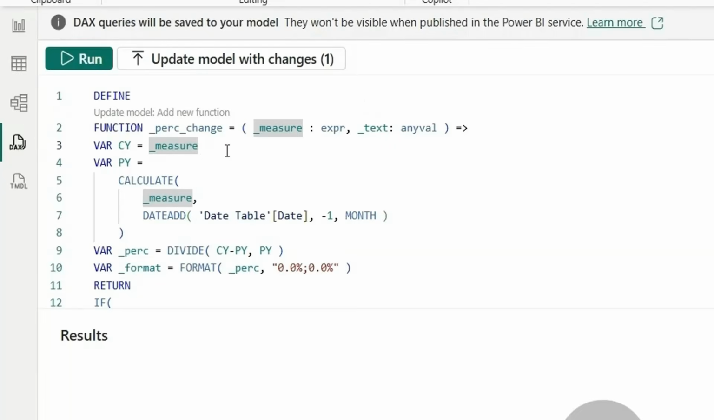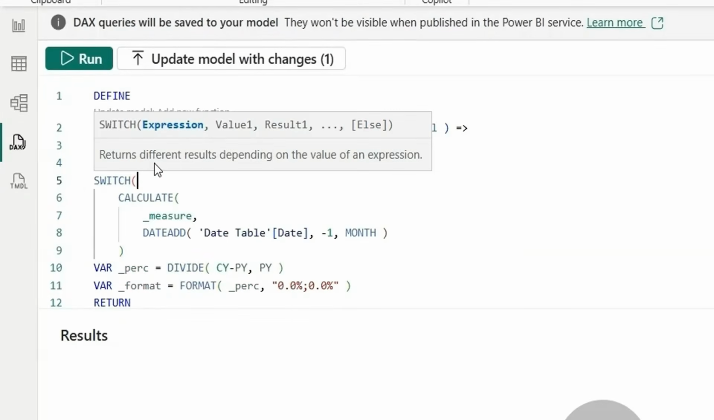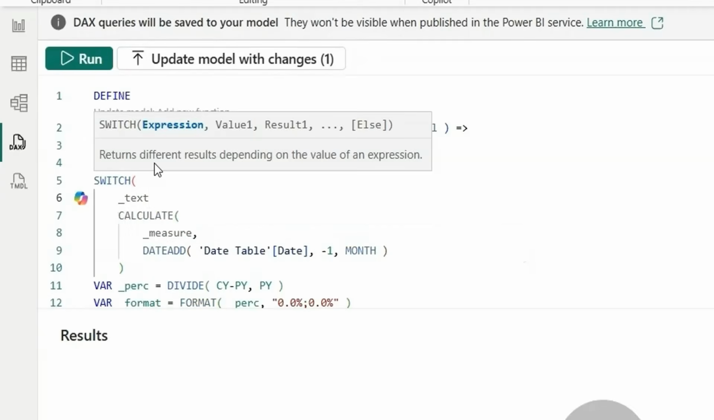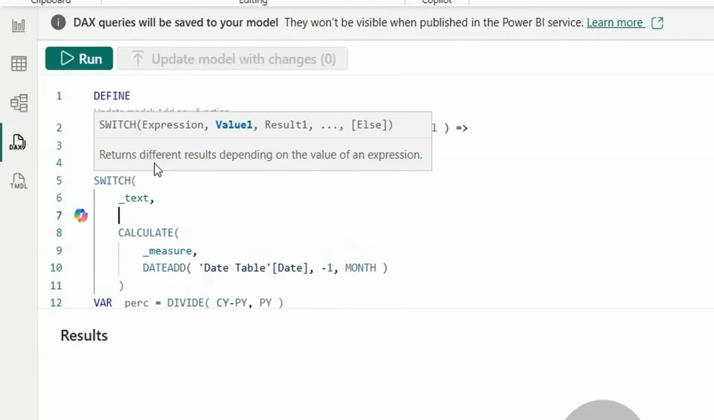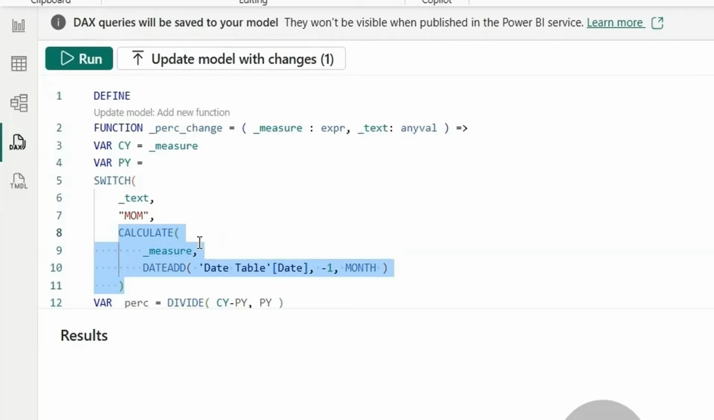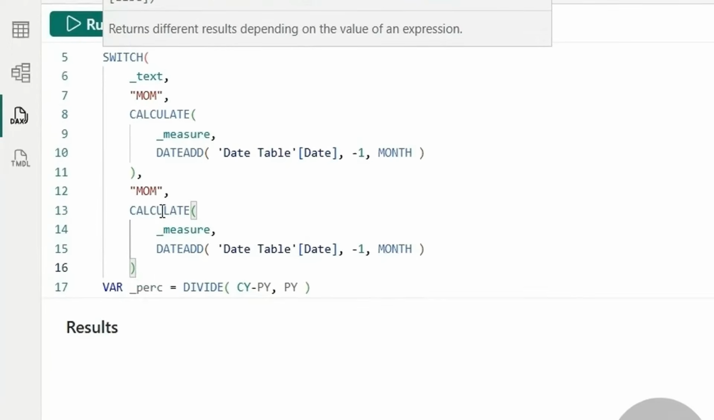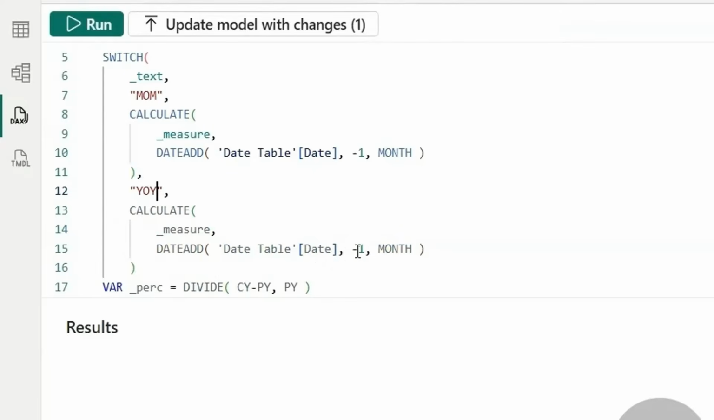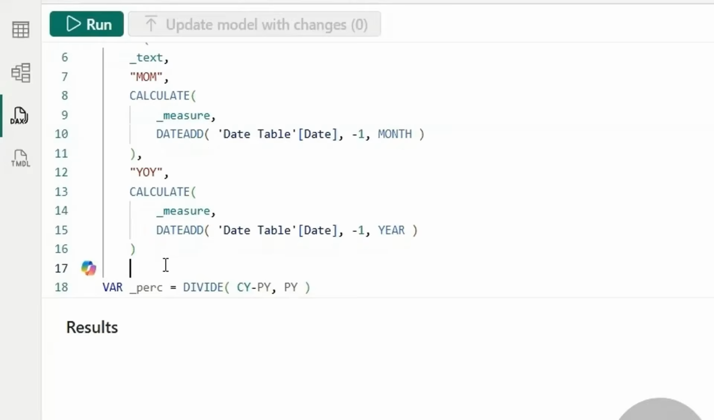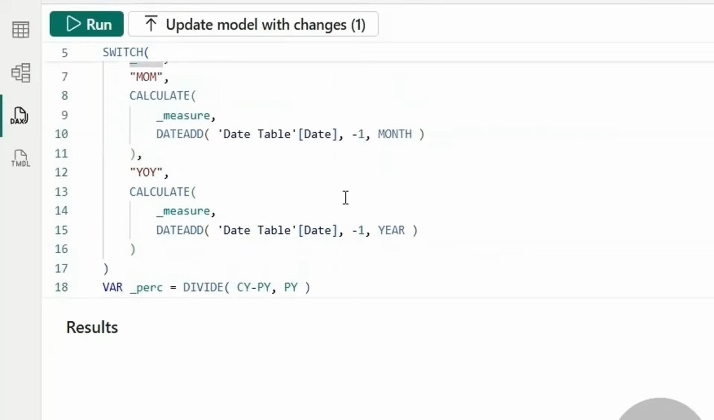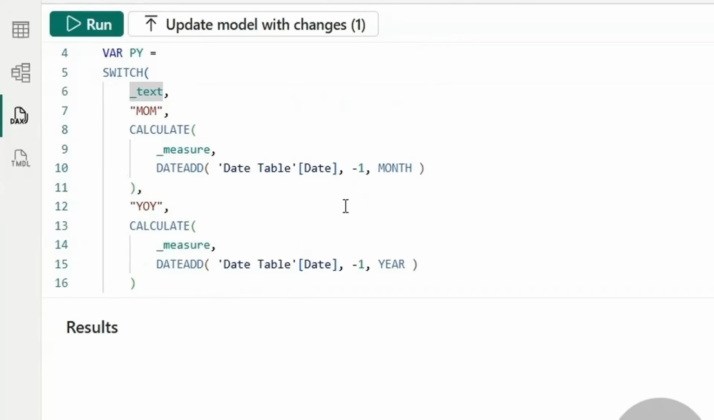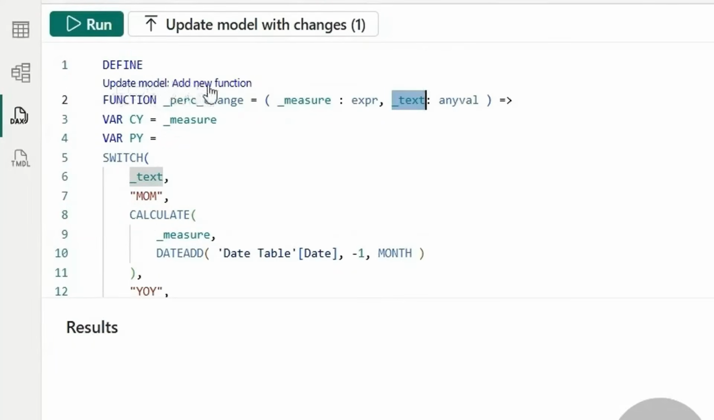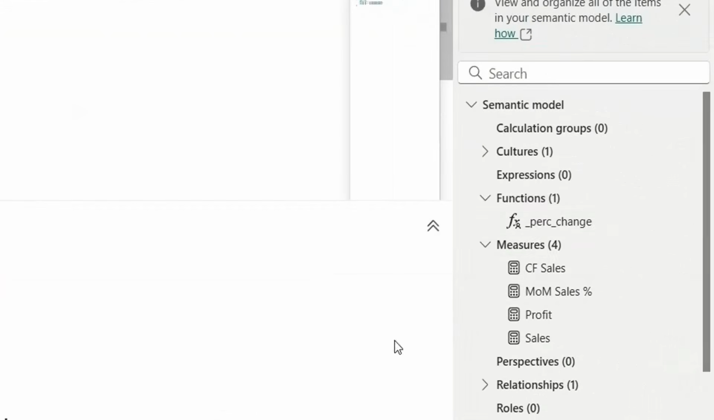Now, I'm going to create the month over month and year over year function in one function itself. For that reason, we are going to add a switch statement. So switch, and we are going to check this text. So this is the input text that we are going to provide. If the input text is MOM, in that case, I'm going to say calculate this expression for previous month sales or previous month profit. If it is YOY, we're going to say calculate this expression, where I'm going to change this to year, and let's close the bracket. If I provide MOM, it will calculate the month over month. And if I provide YOY, it will calculate the year over year percentage. If I click here, update model, add new function, it will update the model and create a function called percentage